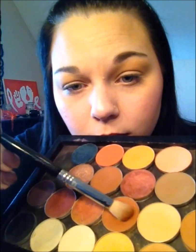And then I will go in with a Sigma Blending E25 brush. This brush just doesn't deposit as much color as the black brushes do, so I will grab a little bit on this brush and we'll use Brown Script by MAC, and that's this one right here. Just a little, dab it off, and then we'll go into the corner of the eye, and I like to make sort of a V shape. So we'll go there, and on the crease,